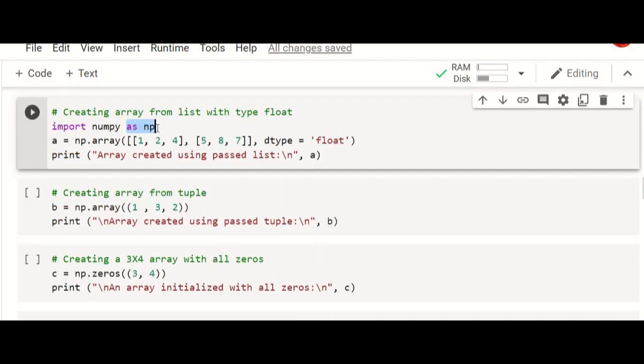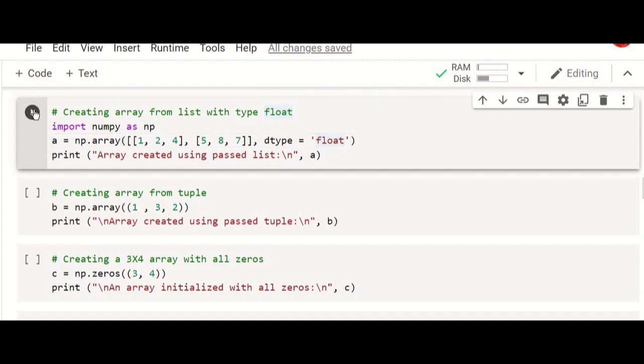The library numpy we can just call shortly as np. And np.array of, here we have created a 2-dimensional array, but the elements are in the integer format. But still, if we want to create the array in a float format, you have to give the list of elements, comma, dtype equal to, within quotation marks, float. By default, if we don't give anything, it will be an integer. But if we want to specify anything, we can give dtype equal to float.